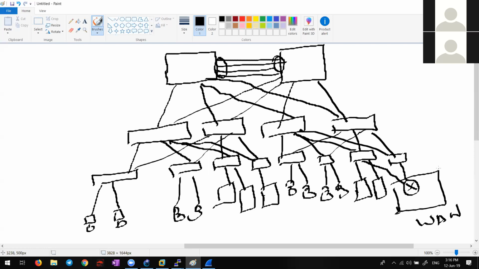You always thought in the opposite direction, routers on the top, right? It's not always like that. It can be anyway. So what is the idea of this? This is a very small network. The idea is that whenever internal communication is happening, meaning inside your company itself you are communicating, let all of it be taken care of by the switches.